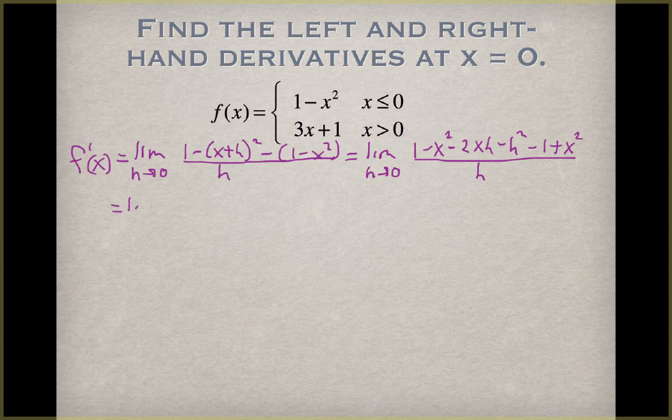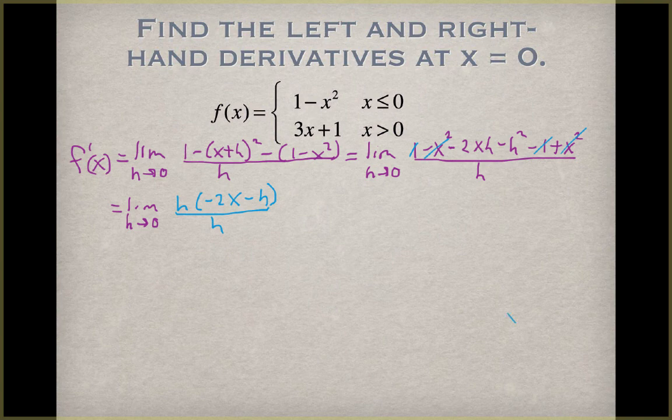This is equal to the limit as h approaches 0. When we go back through, our 1 and our negative 1 cancel, negative x squared and x squared cancel. We can pull out an h, and we're left with negative 2x minus h all over h,